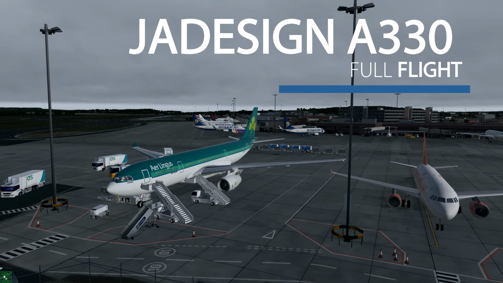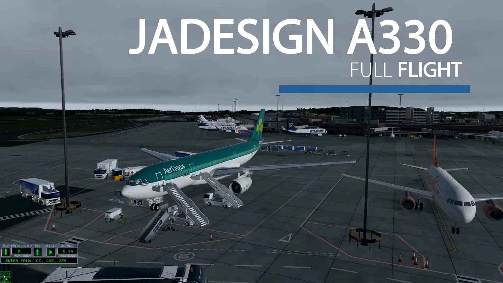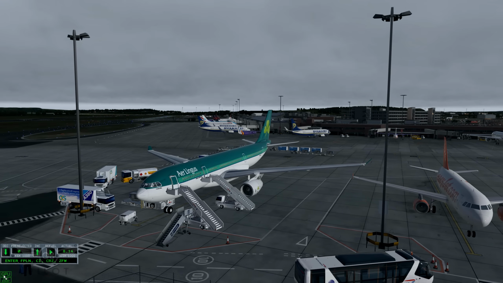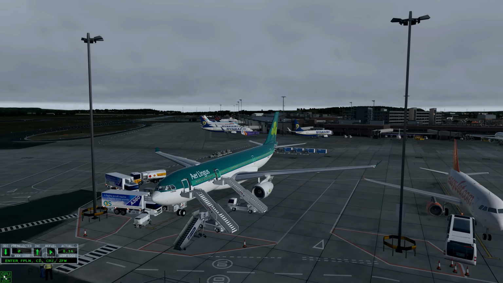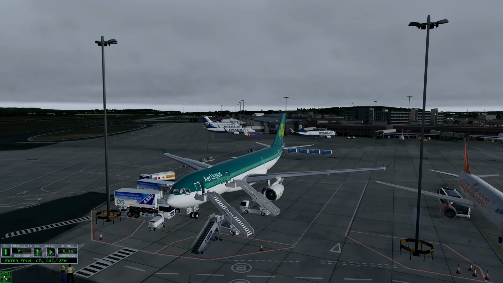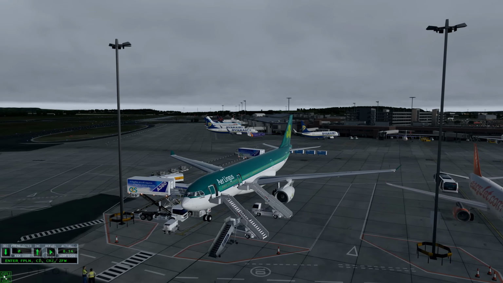We are currently situated at Edinburgh Airport in Scotland, and today we're going to be flying the JARDesign A330 service to Dublin Airport in Ireland. A little bit of information about our flight today. We are going to be departing runway 24 here at Edinburgh, and we're going to be doing an ILS approach